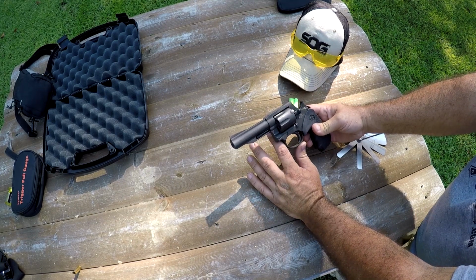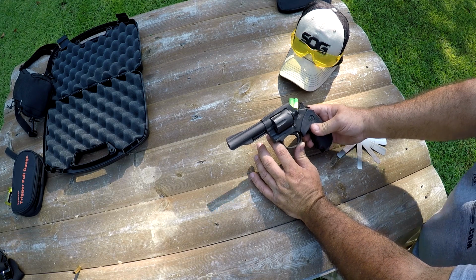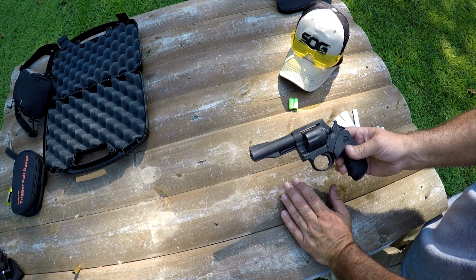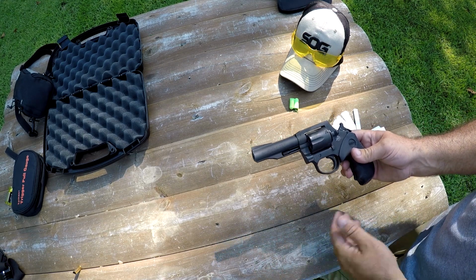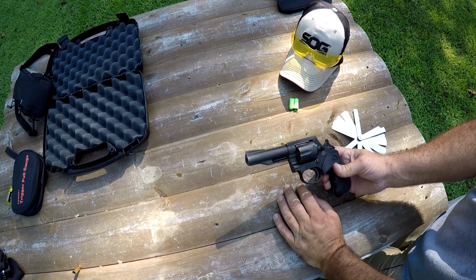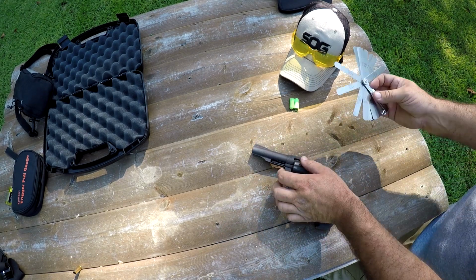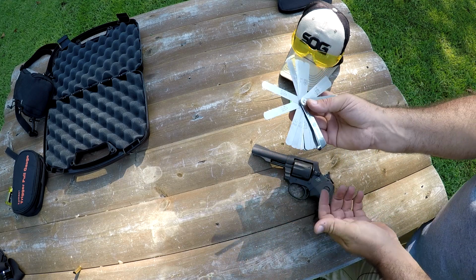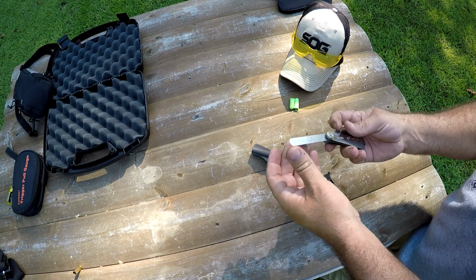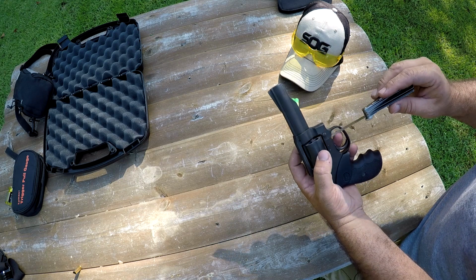You don't want less. If you're getting down to 2 or 3/1000 of an inch, the gun's probably going to bind up on you once it gets warmed up and gets dirty. You want to avoid that. And you don't want to go over, some people say 12/1000. I prefer not to go over 10/1000 of an inch on a cylinder gap. If I'm looking at buying a gun and it's got more than 10/1000, I'll show you what 10/1000 looks like. This is just a feeler gauge. You can pick these up anywhere, any hardware store. I think this one came from Lowe's, but there's 10/1000. You don't want to go over 10/1000 of an inch,